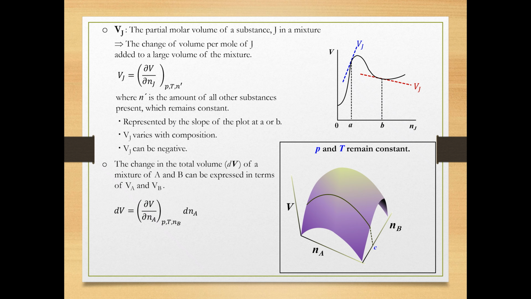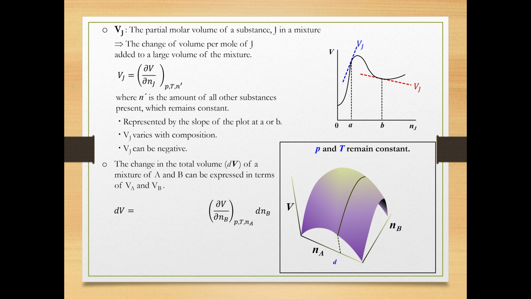moles of B. Now, consider fixing the amount of component A at D and examine how the total volume changes as the amount of component B changes. The slope of the tangent line at any point on this curve represents the partial molar volume of B. The change in the total volume can be written as shown here under conditions of constant pressure, temperature, and the